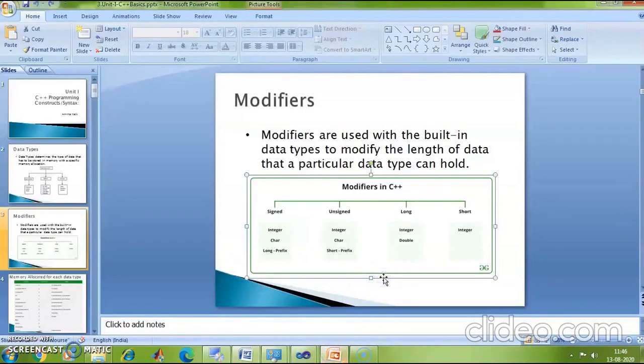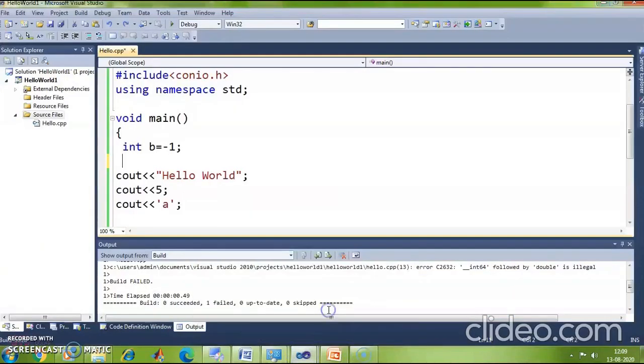going back to the modifiers, you see that the signed modifier can also be combined with the long and short modifier. For example, let me take the same program here and let me declare this variable b to be of type short signed integer.